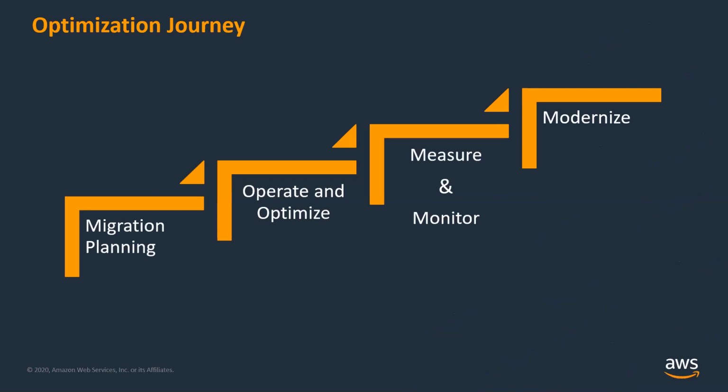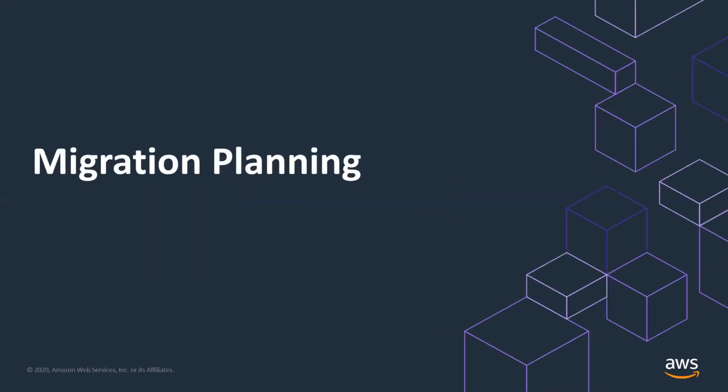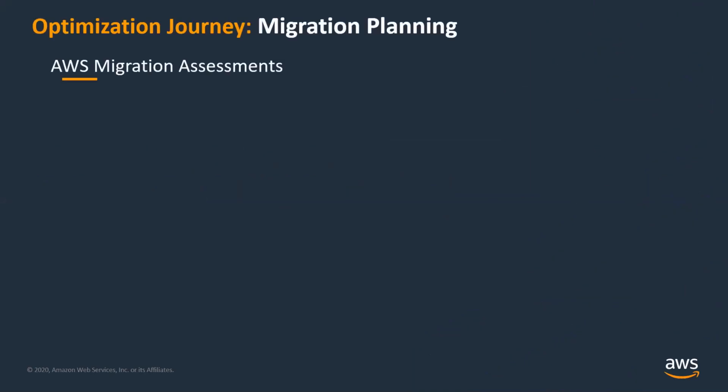While many people consider optimization as one of the phases of the migration process, we believe it's a journey that starts from the very beginning when you start working on the migration planning and continues through the migration process and post migration into cloud. And I will talk about various opportunities you might get throughout this journey to apply multiple optimizations. So the very first phase of the cloud journey is migration planning. And in this phase, you start working on discovering and assessing your existing workload running on the on-premises data